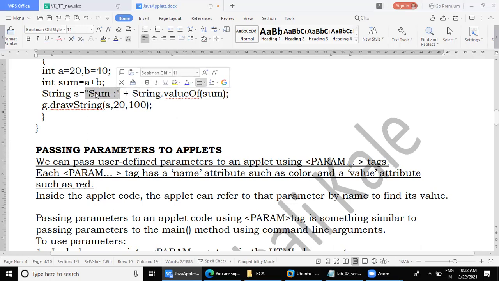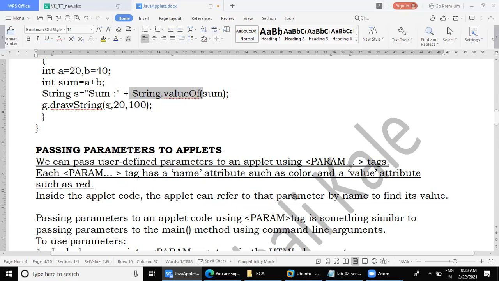Now I am going to concatenate the message which I want to give to the user. What message do I want to give? "Sum", because you should understand what is that number I am displaying. Sum is equal to, colon, in double quotes "complete", plus I have to attach the variable sum content. Clear? But I can't attach directly, it will give you an error. What will I have to do? String dot valueOf. So it will be converted to string and our value becomes sum, 40 plus 20, 60.